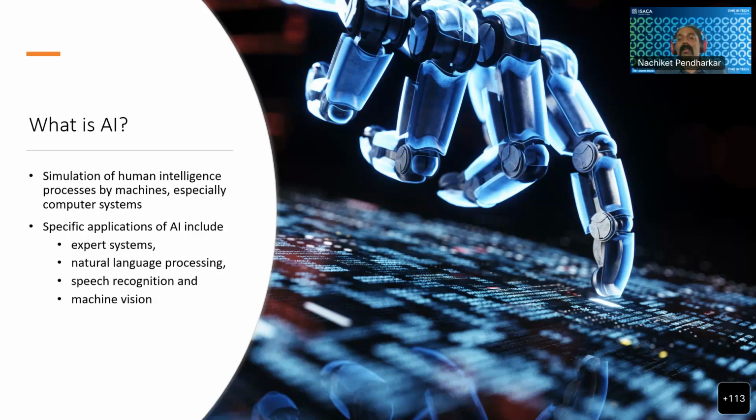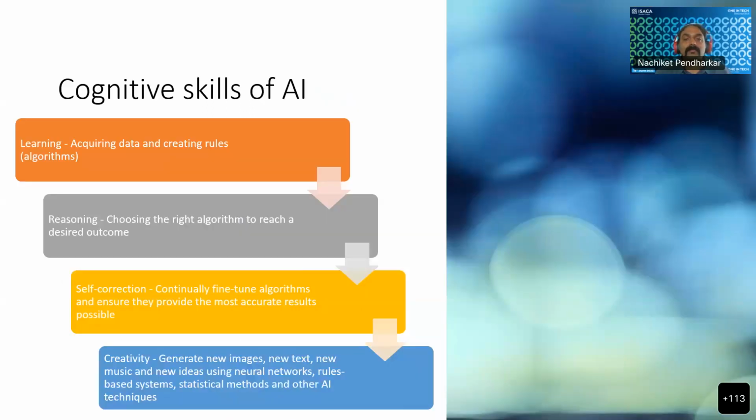While doing that, like a human, it is using senses, so to say. There is going to be speech recognition and machine vision. It's going to hear, it's going to see. That is expected. And like a human, there are these steps for development of AI: learning, reasoning, self-correction, and creativity. So if we take an example of anything, now for example,